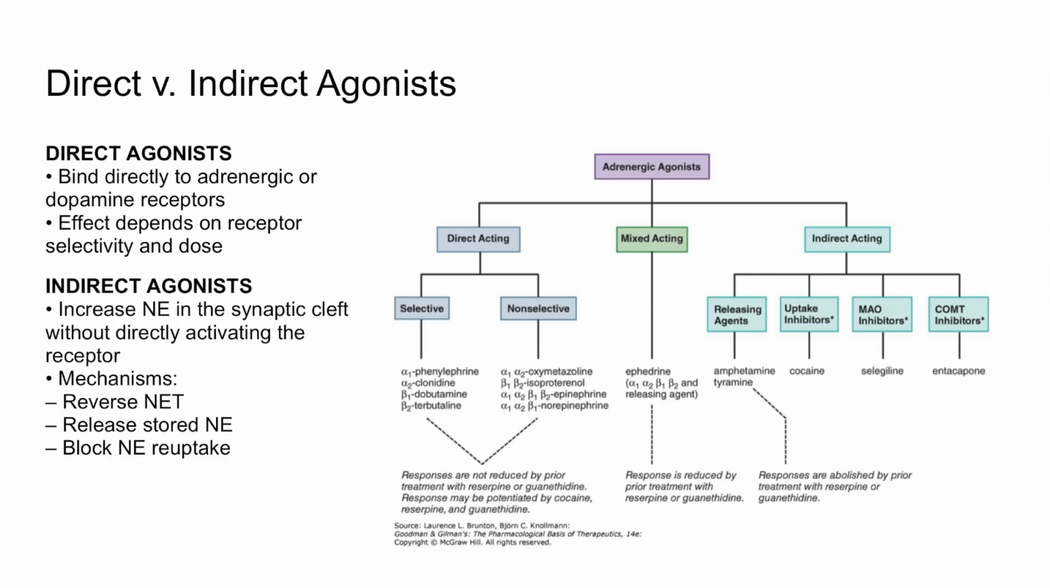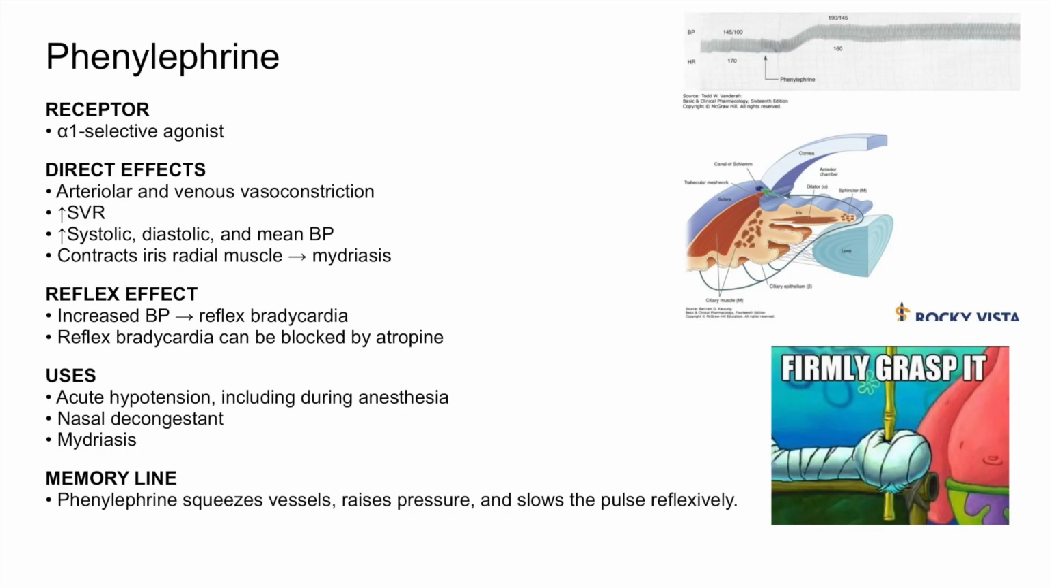So indirect agents may also show tachyphylaxis as available transmitter stores decline. That's something to keep in mind when looking at vignettes. So again, this is just a big map, and now we're just going to get into each drug on their own. So here we go. Phenylephrine is a relatively selective alpha-1 agonist, and its direct effect is going